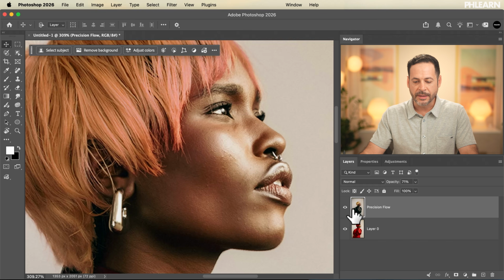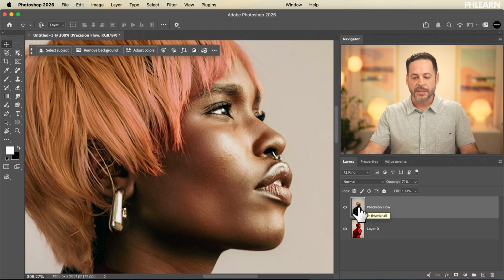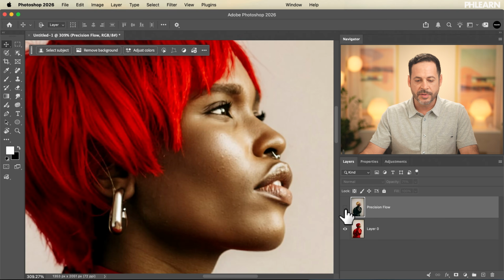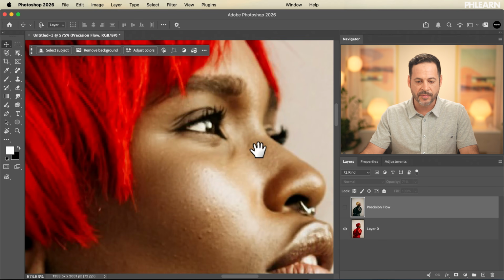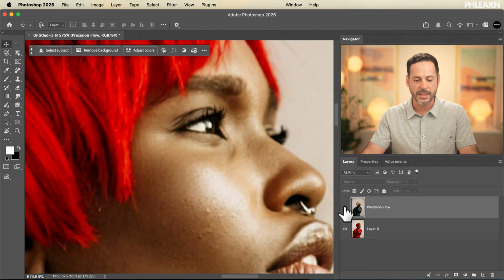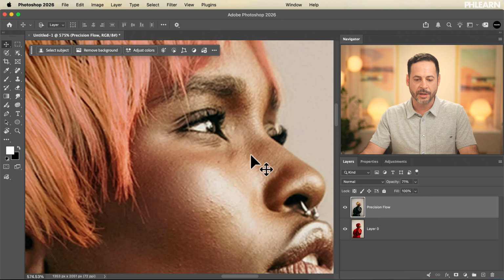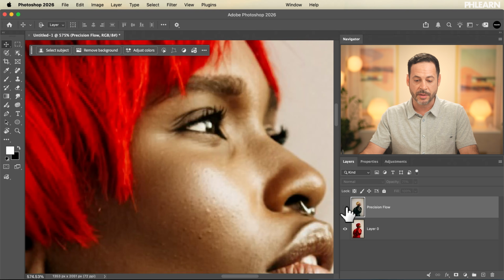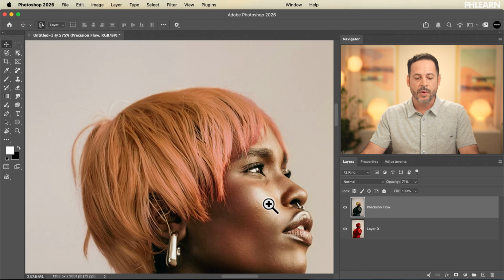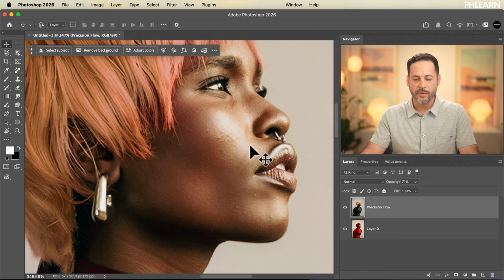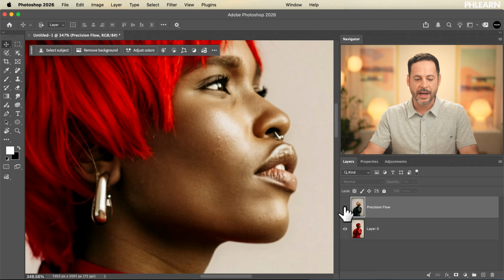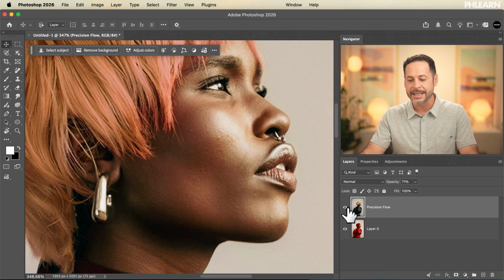So with Auto Align Layers on, this is where I think it actually becomes useful. Let's turn this layer off for a second, and we can see this is my subject's face that has been downscaled and then run through AI and then upscaled, and here's what we got. But this is my original photograph. You can see she looks a little bit different and she has a lot more detail in her skin. So if this is our original photograph and I have it exactly overlaid in the same place,